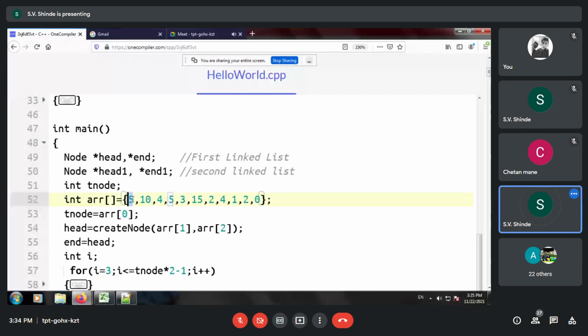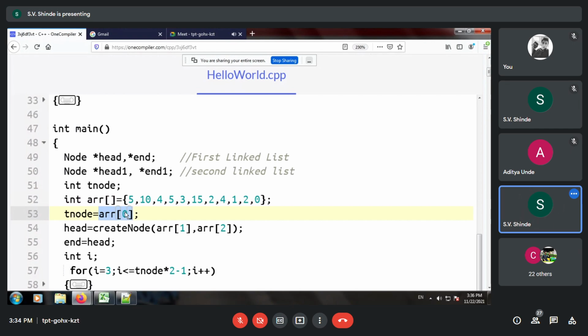So over here, the first element in the array is 5. That means the linked list will contain 5 nodes. Therefore, we say T nodes, that is the total number of nodes, is nothing but array of 0. So it will take 5 as the input.